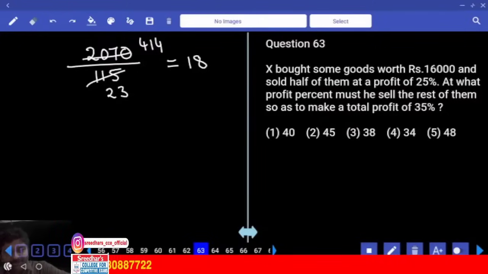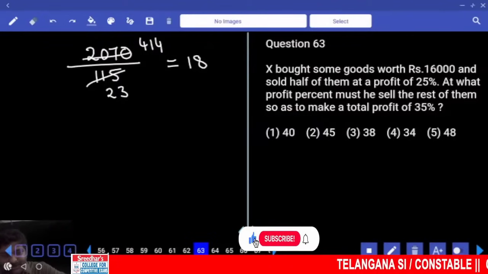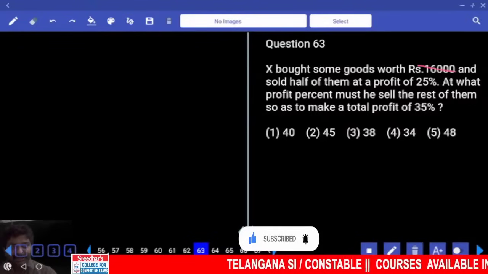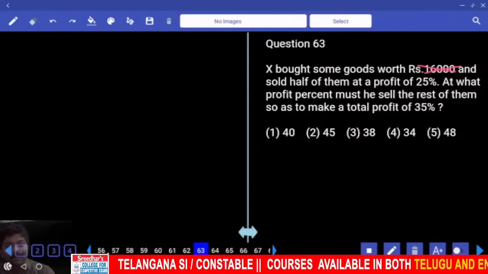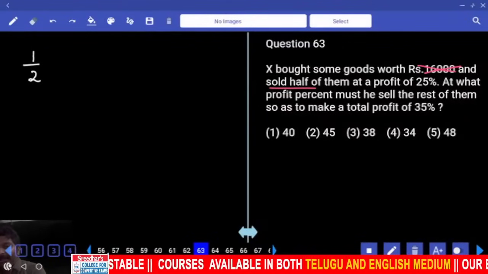X bought some goods worth 16,000 and sold half of them at a profit of 25%. At what percent profit must he sell the rest of them so as to make a total profit of 35%? You don't need this 16,000 rupees for your information. Half of them he sold. Half is already sold, quantity. Leftover,